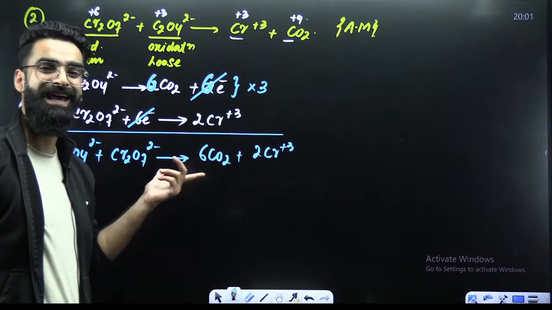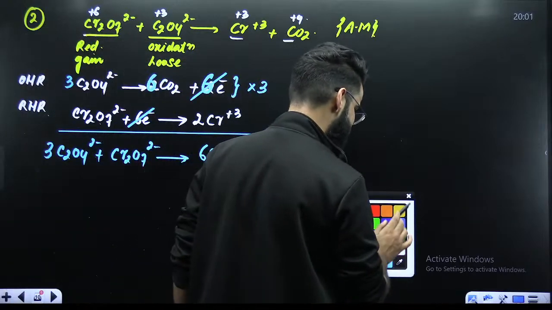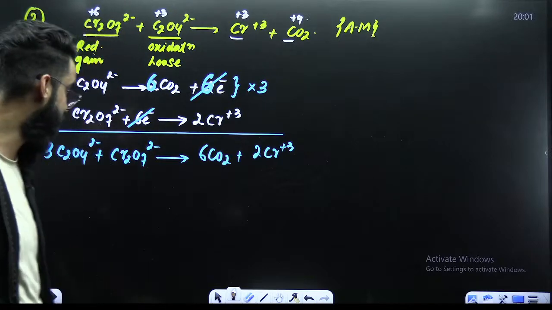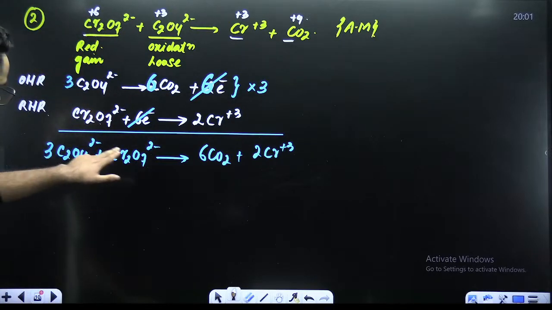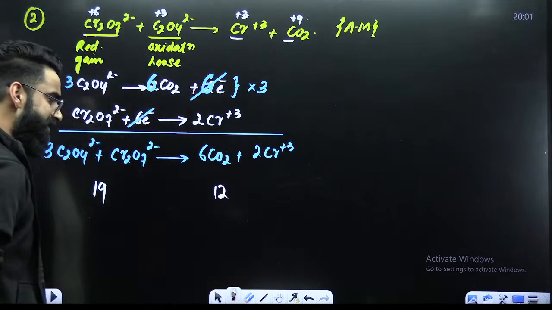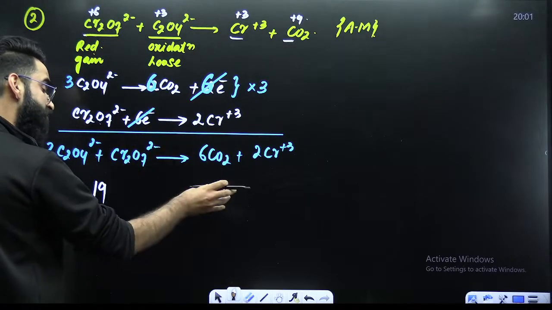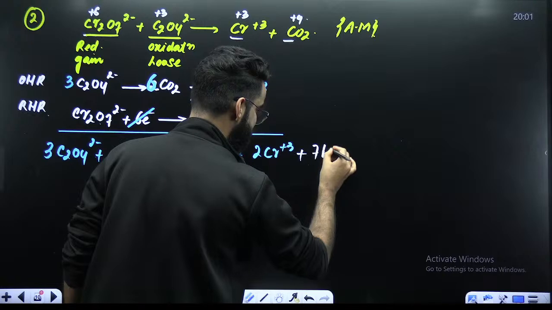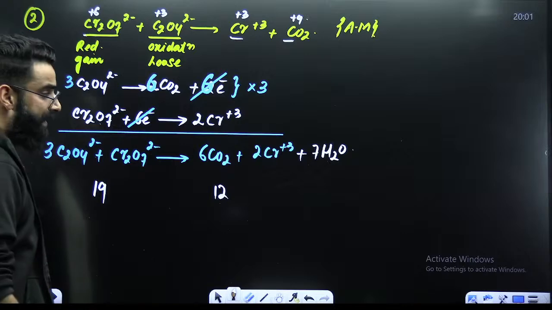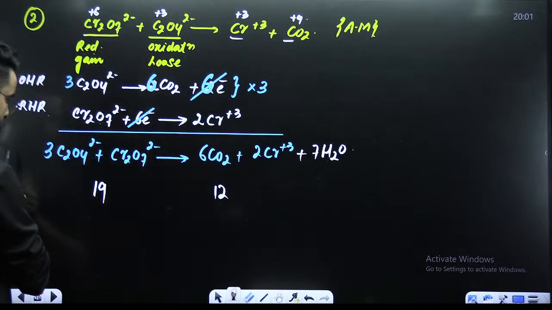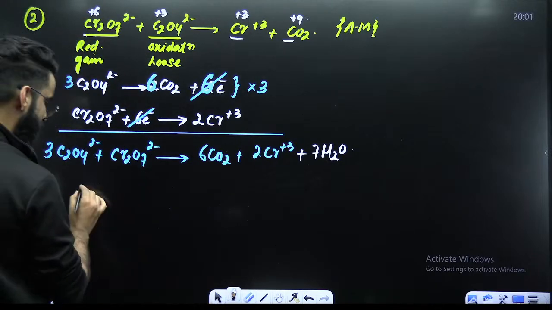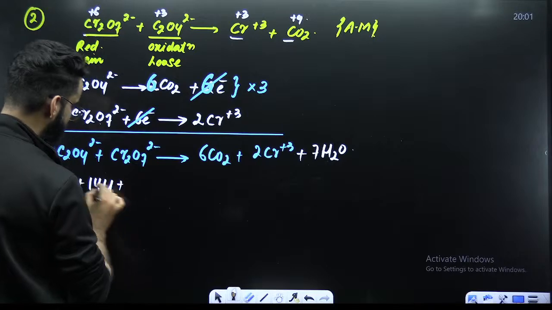After reaching till here, my dear students, since the reaction is taking place in acidic medium, what do we balance now? We balance oxygen with the help of water molecules. So balance oxygen. 3, 4, 12. 12 plus 7 is 19. So 19 oxygen atoms on this side. 6 twos are 12. 12 oxygen atoms on this side. So which side is oxygen deficient? Right side. How many oxygen deficiency? 7 oxygen deficiency means 7 water molecules. Now, after oxygen, it's the time for hydrogen. Look at hydrogen. 7 twos are 14. No hydrogen on this side. So left side is hydrogen deficient. How many hydrogen deficiencies? 14. So add 14 H positives on this side. Now this reaction is balanced.